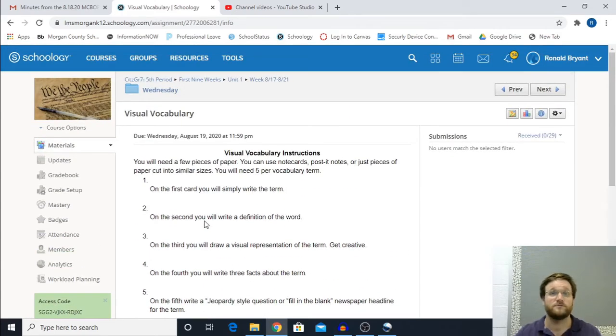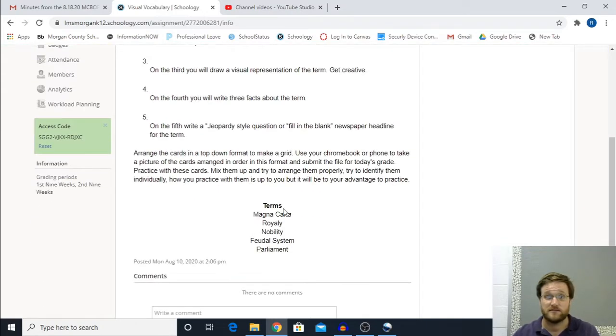What you're going to do using either note cards, post-it notes, or even small pieces of paper that you just cut up. What I do is I take a big sheet of paper, fold it in half, fold it in half, fold it in half, and then I cut along these lines. That gives you 8 pieces of paper per one sheet of paper. You can do this on notebook paper, white paper, whatever. But for this assignment, if you're doing 5 a piece, you're going to need 25 pieces